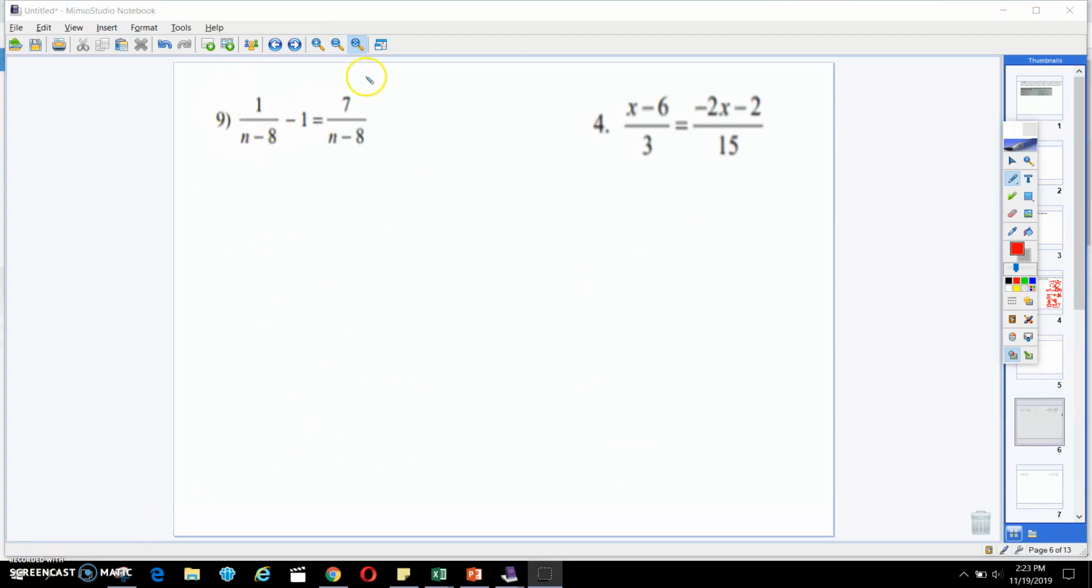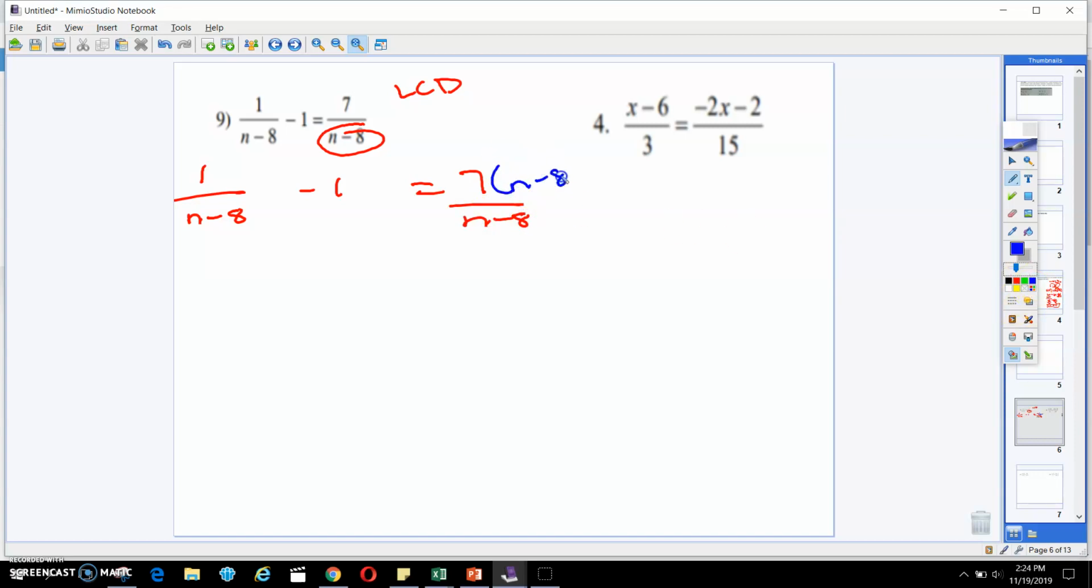All right, so on number 9, this is going to be one of those LCDs. Okay, so the least common denominator for this one is going to be n minus 8. So you're going to take n minus 8 and you're going to multiply by everything in the top. Okay, so what that's going to look like is if I rewrote this whole problem and I multiplied by n minus 8 in the top,